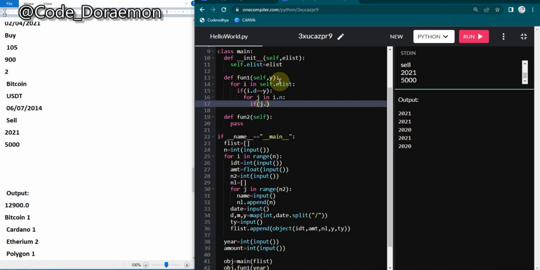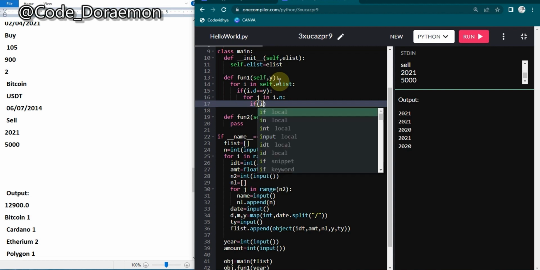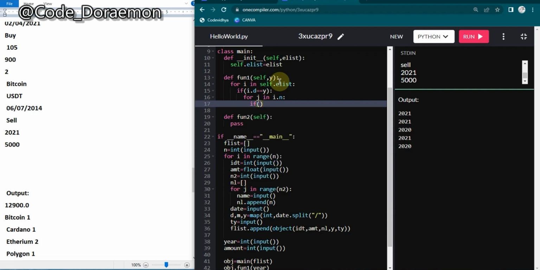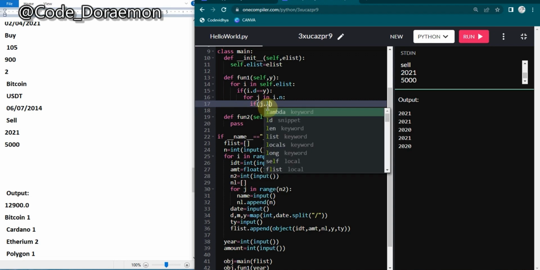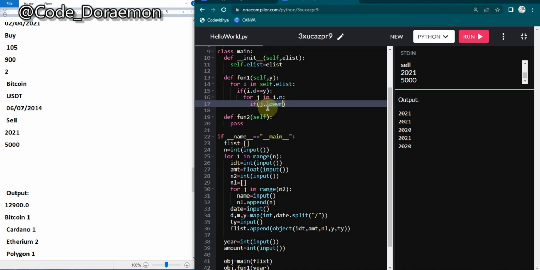Wait a minute. So yeah, for the list we are going to get the elements in j itself. So if j.lower is equal to Bitcoin,